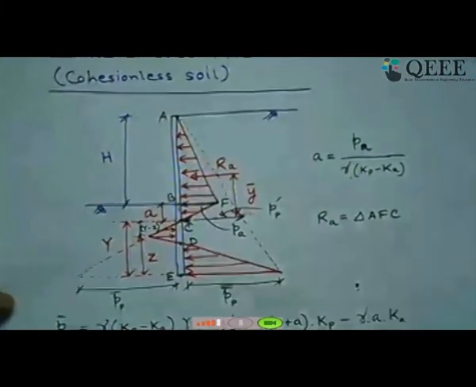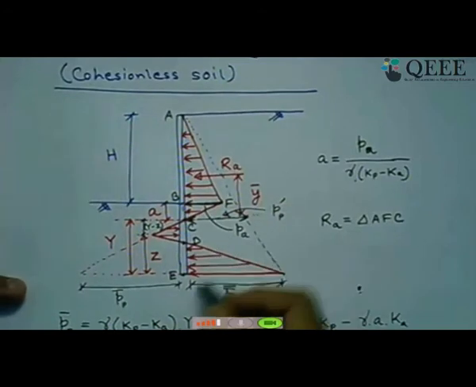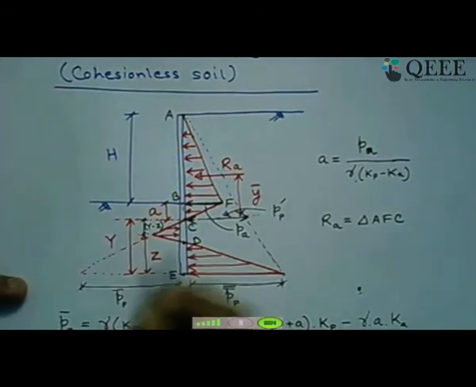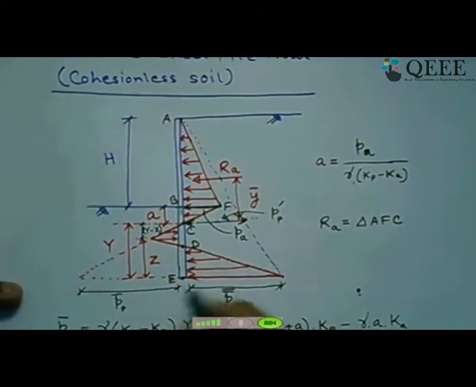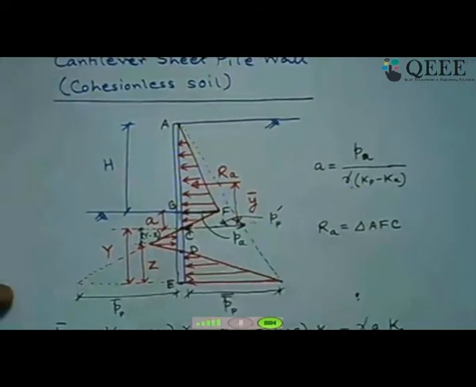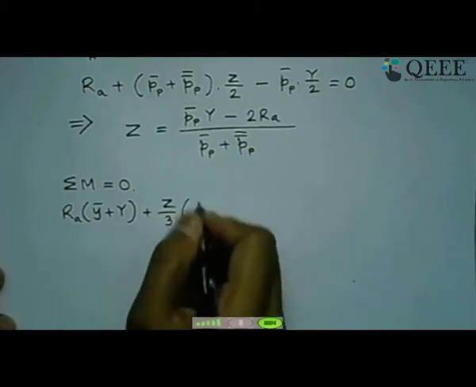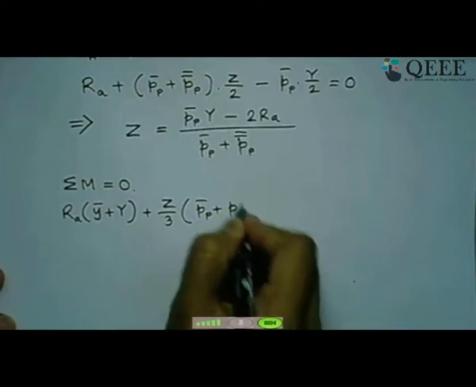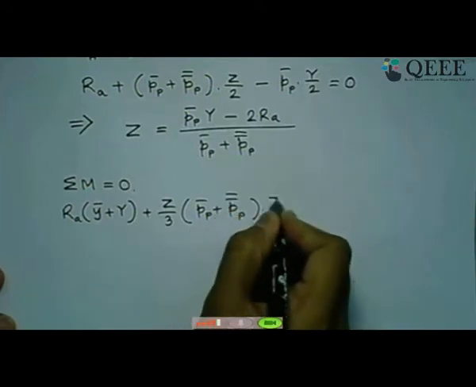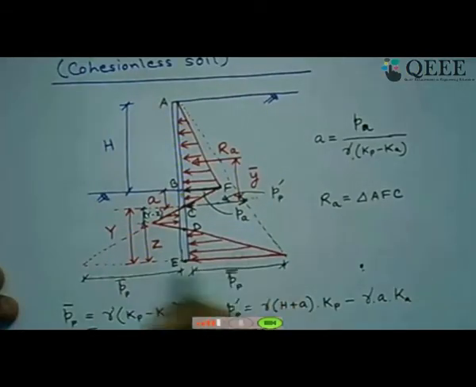Let us look at it again here. See here, RA is acting at a height of, this is capital Y and this is small y bar. So RA times Y bar plus Y is the moment due to this force RA about the base, plus Z by 3 times that PP bar plus PP double bar into Z by 2. That is nothing but, if we look back, this is the